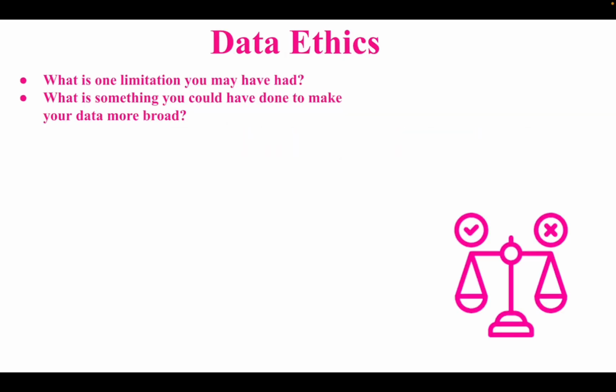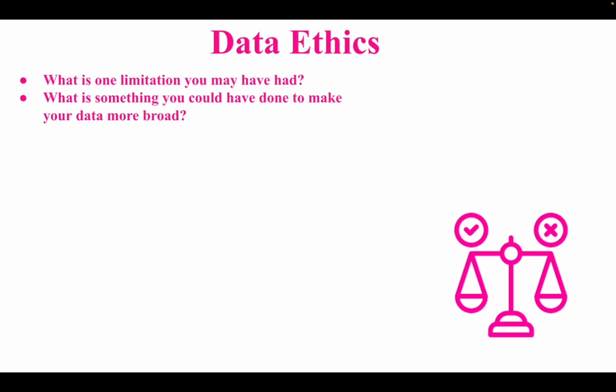Some data ethics. What is one limitation I may have had? Well, one limitation of my data may be the inaccuracy of the tuition costs. Not only did I have to limit myself to in-state tuition, which may be inaccurate for the user, but I also had to use a fixed number when I'm aware that the cost of tuition can be different for everyone depending on how many scholarships or merits someone may receive, what meal plan they choose to have, housing, things like that. I understand that that can be very inaccurate and misleading data because I had to pick just a fixed set number when it's very changeable for every single student.